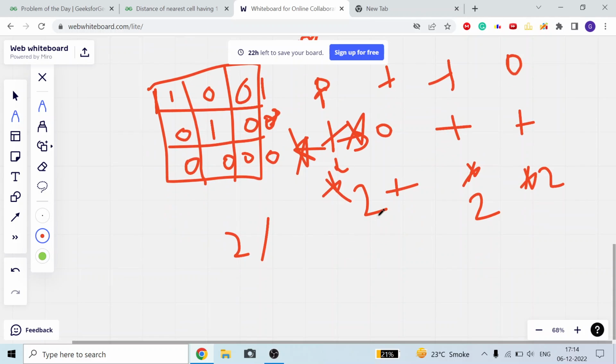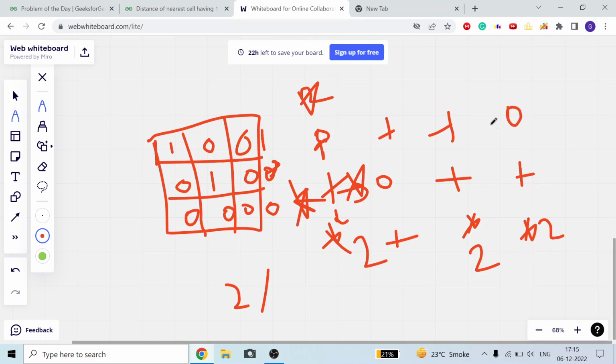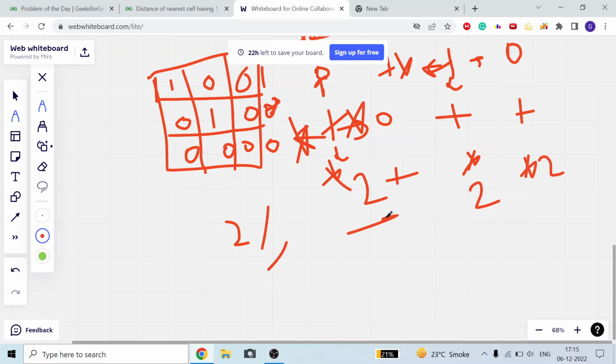Okay guys, and now we will traverse all the one cells. From here we can reach 4 directions, but it will not update because 1 plus 1 is 2, meaning if I go from there, it will contain cost 2, but I already have a cell with cost equal to 1, so it will remain 1. It will remain 0, it is not possible. It will remain 1. So in the next iteration I will have all the cells that have distance equal to 2. Okay guys, so this is how I am doing this.